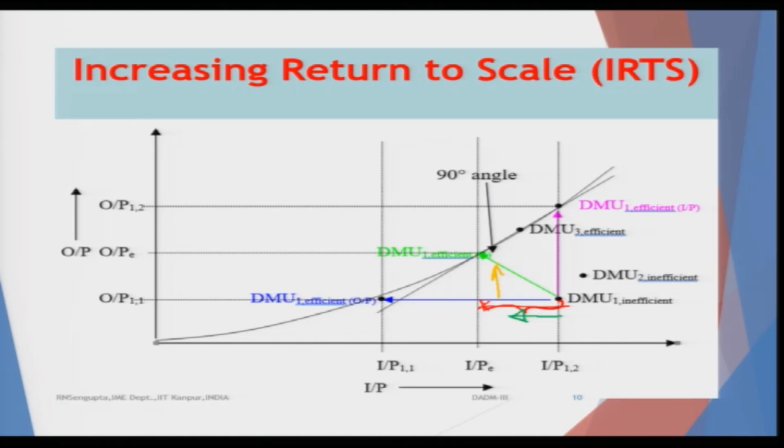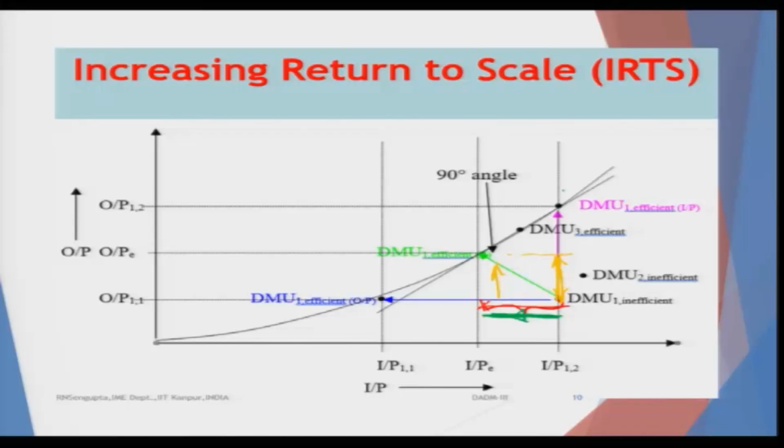Here also for the DMU, this jump is the increase of the input, and this decrease, oh sorry, the yellow, this should be the green line. So, this is the decrease in the input. Now, one point which I will try to highlight once I finish the decreasing and then consider the increasing return to scales, the last diagram. I will come to that by considering all the 4 diagrams at one go.